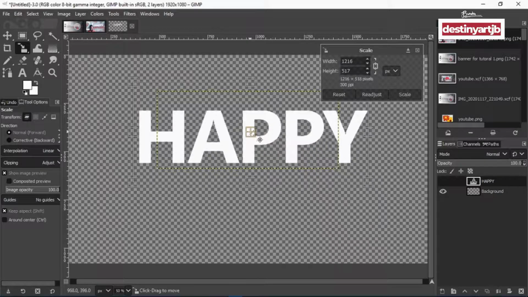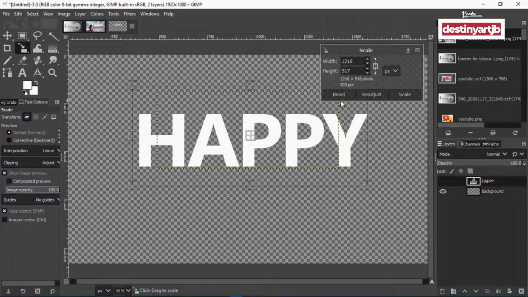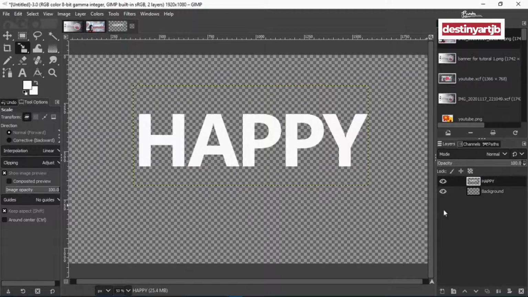Let me make it bigger for you so you can see what I'm doing. Then press scale, and after that you're done, go down here by this setting here, as you can see, and duplicate it